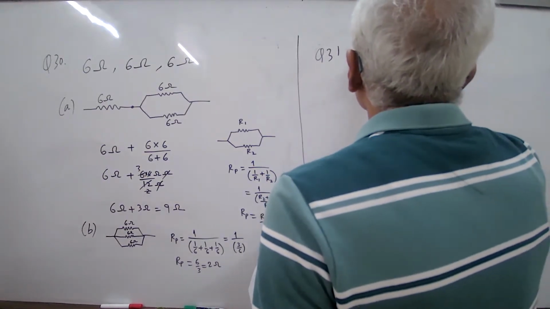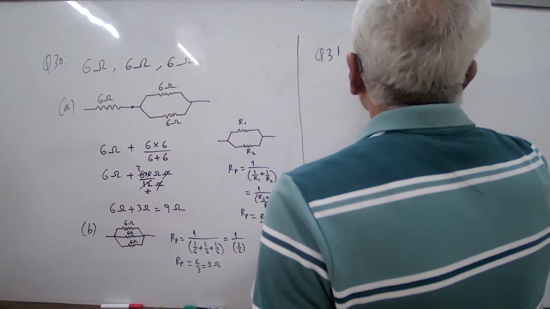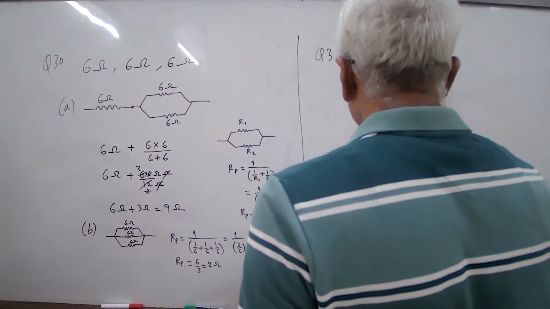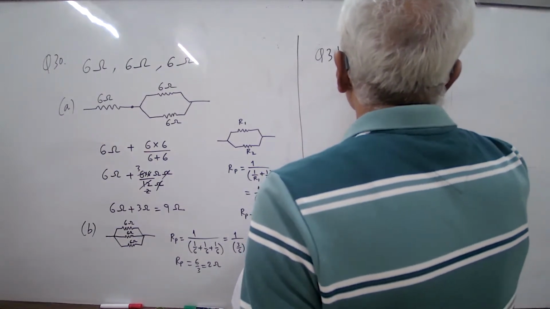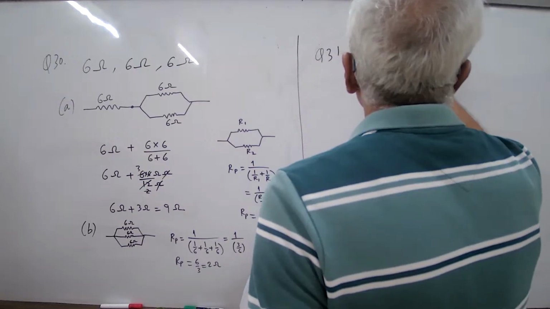So resistance of each bulb. What is given? Power and voltage are given, so what is the relation between power, voltage and resistance? Since E is equal to V square by R,